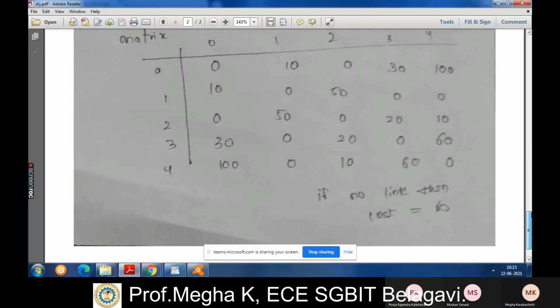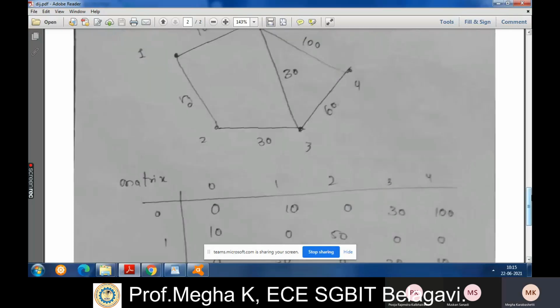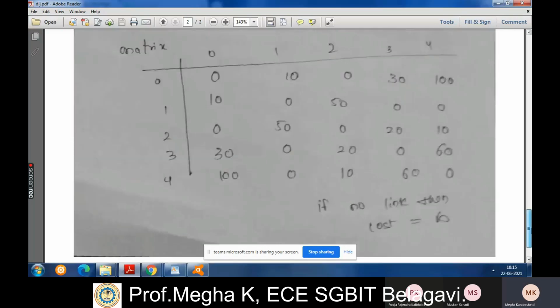Okay, so this is how you write the matrix. You can see how the matrix is written, from every node to every other node, what is the cost of that link. From 0 to 0, the cost will be 0. From 0 to 1, the cost will be 10. From 0 to 2, the cost will be 0. From 0 to 3, the cost will be 30.